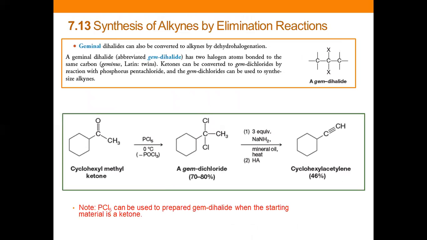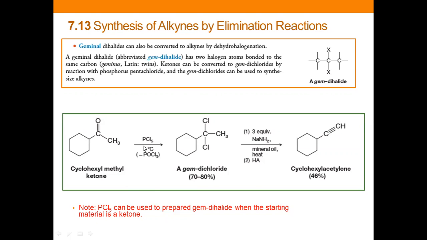Okay, and to prepare our geminal dihalides, we usually use PCl5 or phosphorus pentachloride, to obtain our side product PCl3. So do not worry, we'll be using this one once we are dealing with ketones later. One of the reactions of ketones later will be handling the PCl5. That's just for the initial way of preparing our